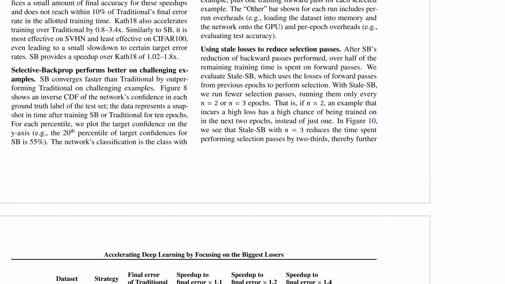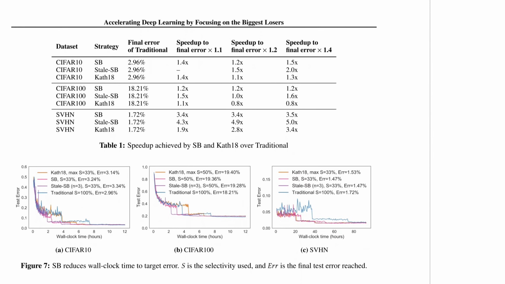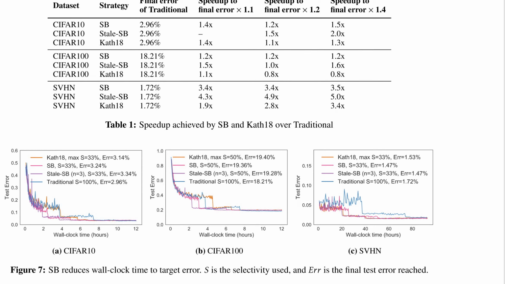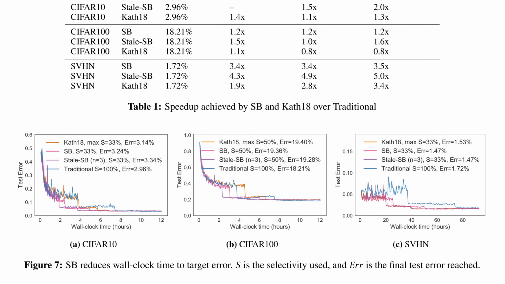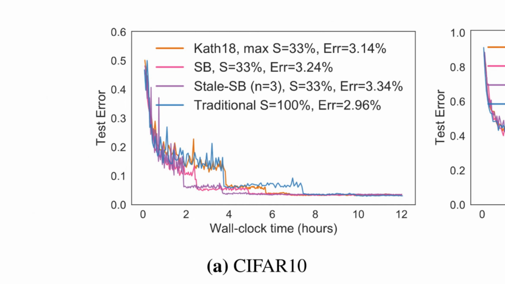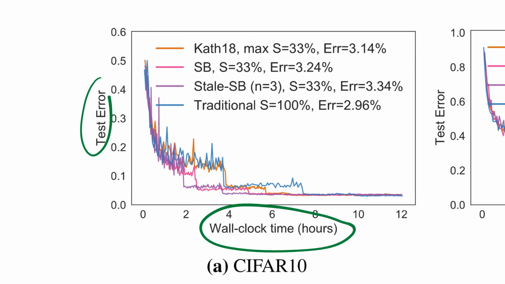I really like this ablation study that they do. Here, this is the meat of the experiments. So what they show here, these curves on the bottom, and let's look at this curve, on the x-axis you actually have wall clock time now. So how much time do you need in order to reach a low error? Here is test set error. You see the traditional model in blue has a certain trajectory. Now ResNet-18 is a baseline. Don't worry about it. What we're interested in is the Selective-Backprop, which is the pink, which you can see outperforms